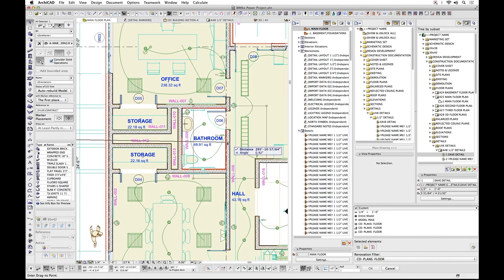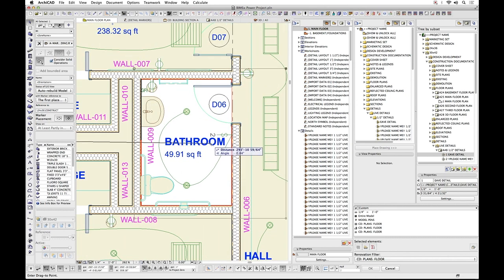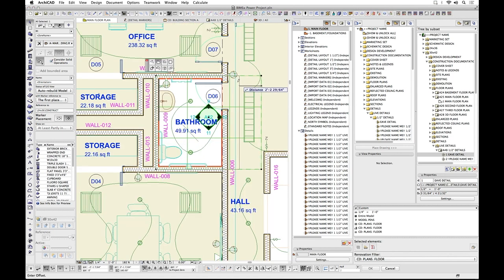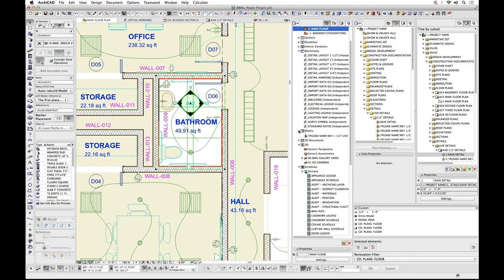Let's just say this bathroom, we'll put it in here, and we'll just make it go halfway through the walls. I'll just stretch this one into shape, into the room. And this is designed to get its name from the actual zone that it's in. You can move this around. So the zone is bathroom, and because it's referring to the zone name, it will be called bathroom. So if we look at the interior elevations up here,